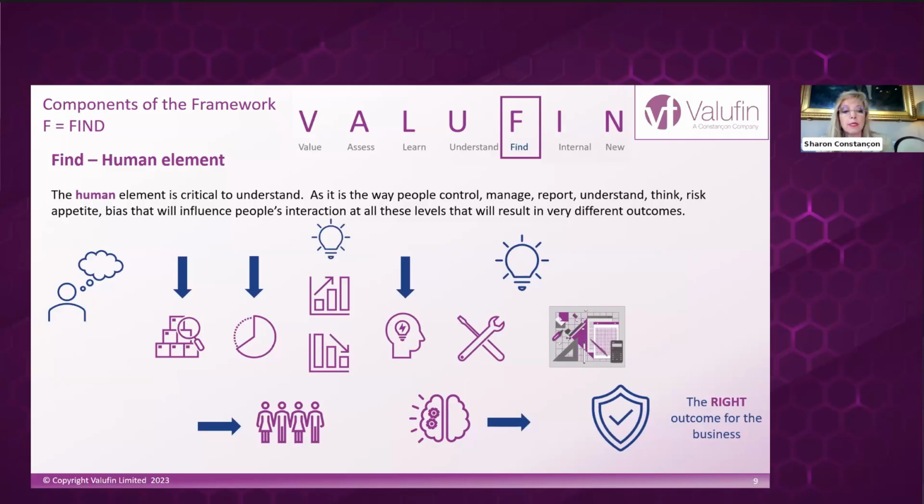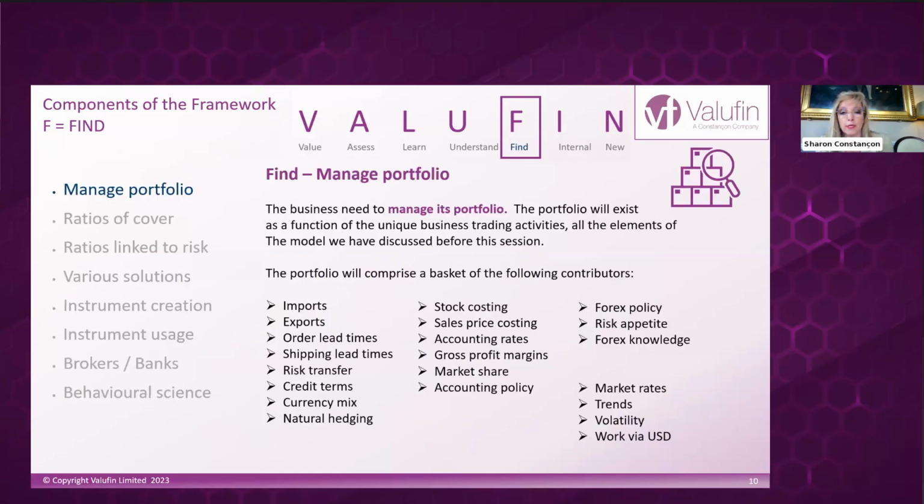So the human element comes in where we are looking at the portfolio, which is the first element, the ratios of cover, the second element, the risks we create, the solutions we can look at, the structures we can put together, the utilization strategies we might want to follow, who we're doing these transactions with, and then as the acting treasury manager, how are we influenced to ensure that we, first of all, protect the company, but most importantly, do we make the right decisions most of the time?